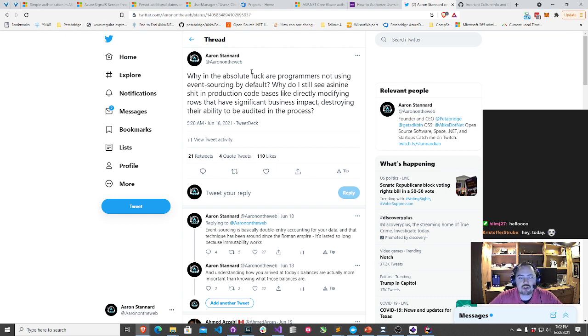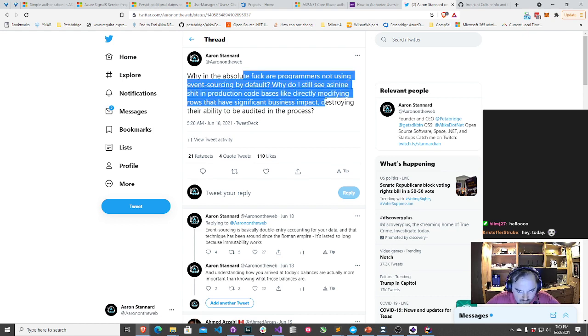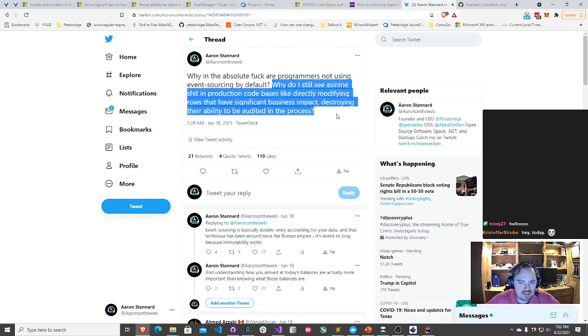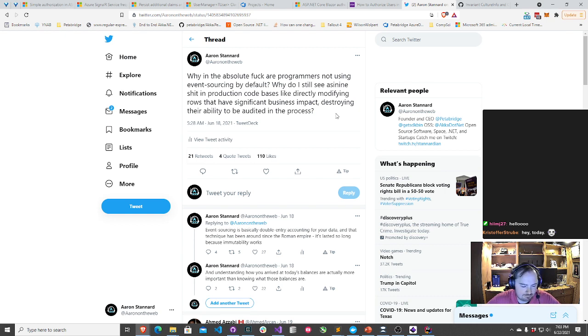I was legitimately triggered by something I saw in one of these code bases where a programmer was taking a piece of really sensitive data, and rather than recording a change to that data as a new row in SQL Server, they were modifying the original row and overriding the old data that was there, and in the process actually destroying some business value, not to mention damaging the auditability of the data that was there. And this could potentially have a pretty negative impact depending on how that's done. So I was just furious.